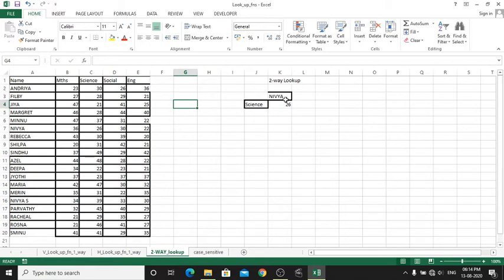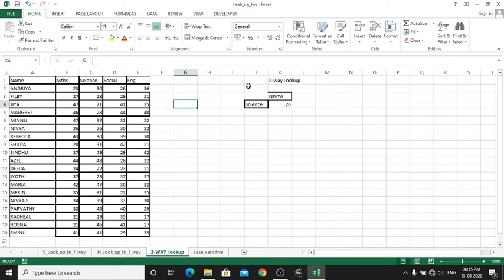Suppose I am the principal of a college or a school, and I want to know a particular student's marks in all subjects. Okay, so here I am illustrating Nivya as my student and I want to know the marks of Nivya in each subject like maths, science, social, English. Okay, so I am passing two arguments like Nivya as the first argument and maths or science or social or English as the second lookup argument.